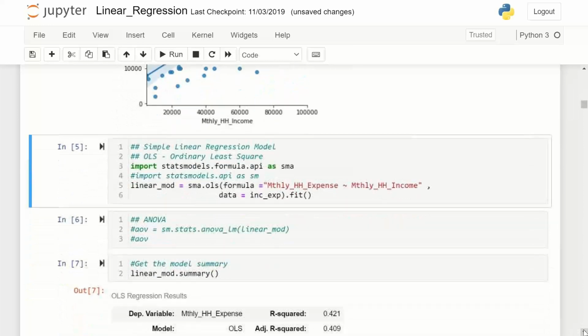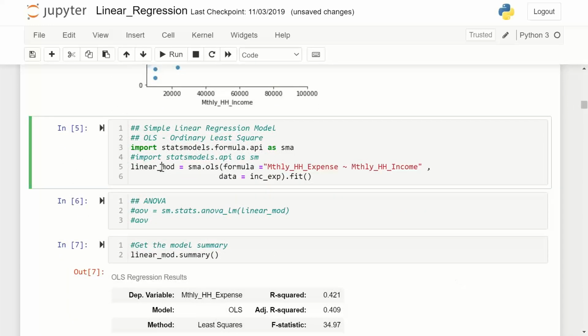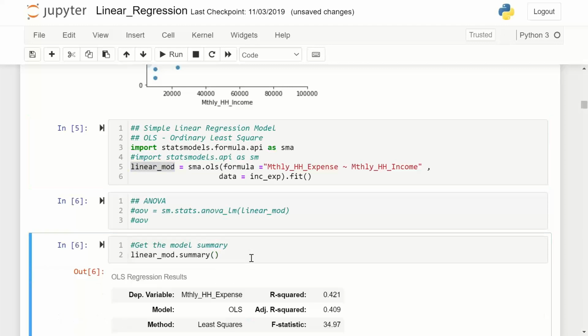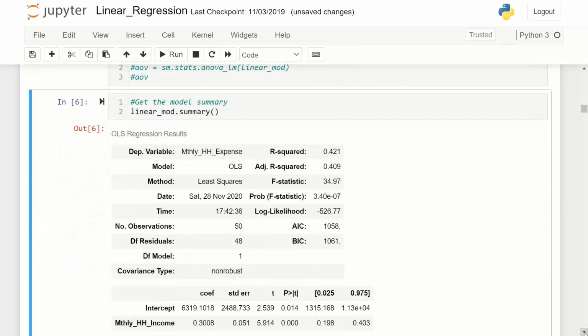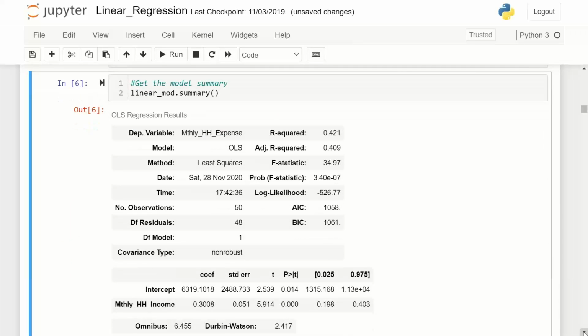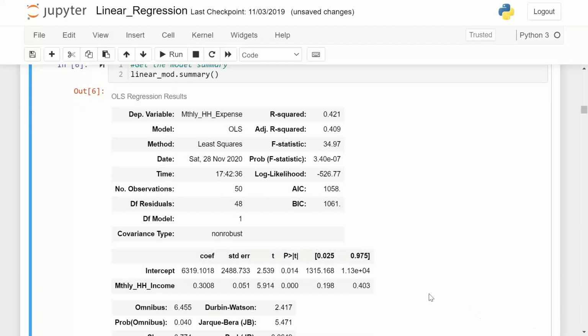My model has been built, and this model, I want to see the summary. Control enter. I get the summary. So here I have got my summary. Let us quickly compare this summary. What was the linear regression equation we got? What is the linear regression equation we have got? Not what was, what is.